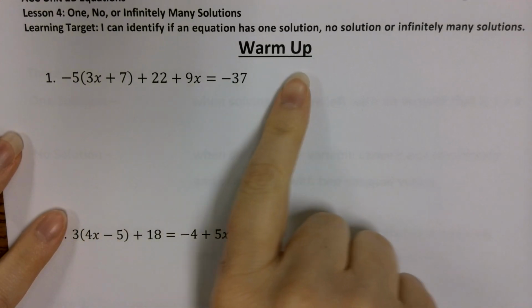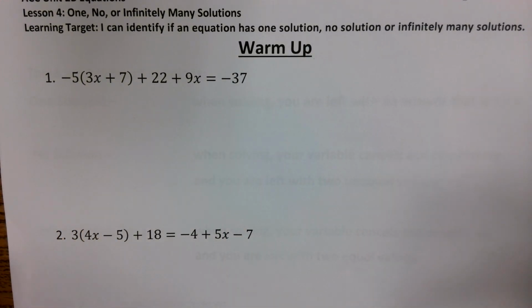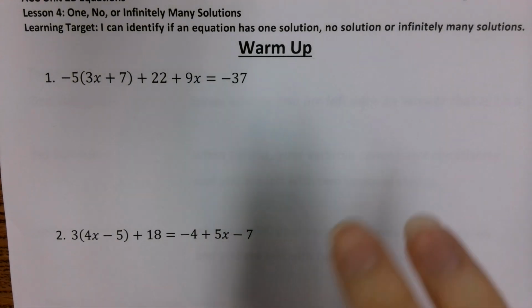So for the warm-up, these are just multi-step equations, or equations that have variables on both sides. Remember, for each of the equations, you have a process that you always have to follow. The process is always going to be, first, distribute if you can. Second step is to simplify the left side and simplify the right side by doing any operation you can with combining like terms. Then you move on to step 3, which is to start solving by doing inverse operations, meaning